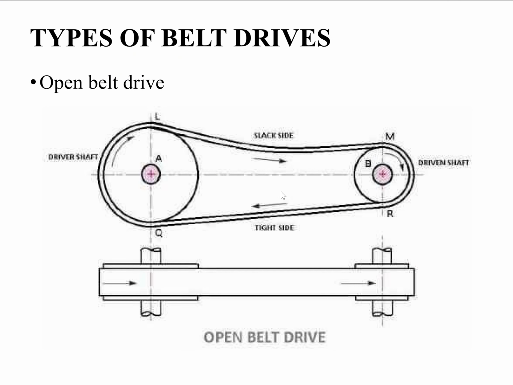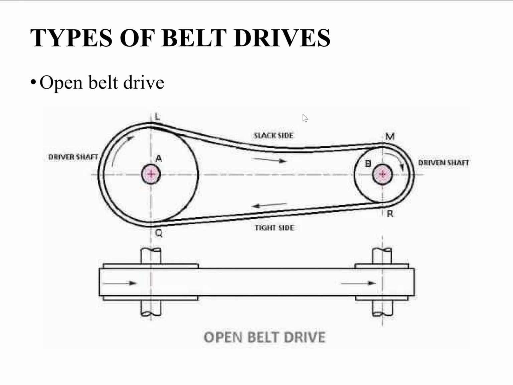So for example, if you take this open belt drive, rotating in a clockwise direction, and look at it from the point of the driver pulley, how does it look? This bottom side will be the tight side, and the upside is called the slack side, or the loose side.